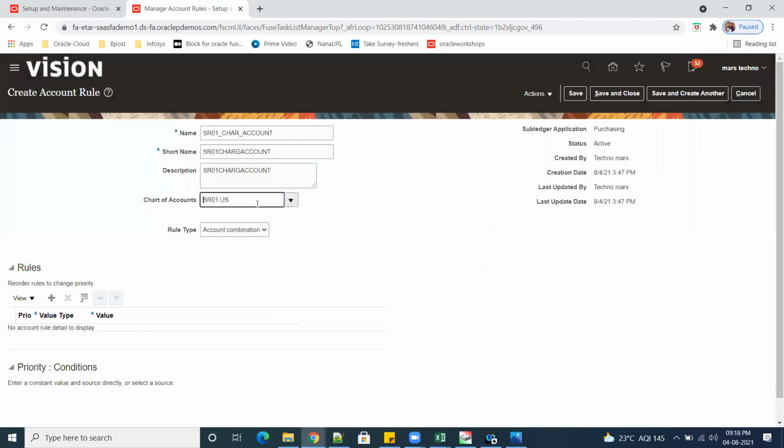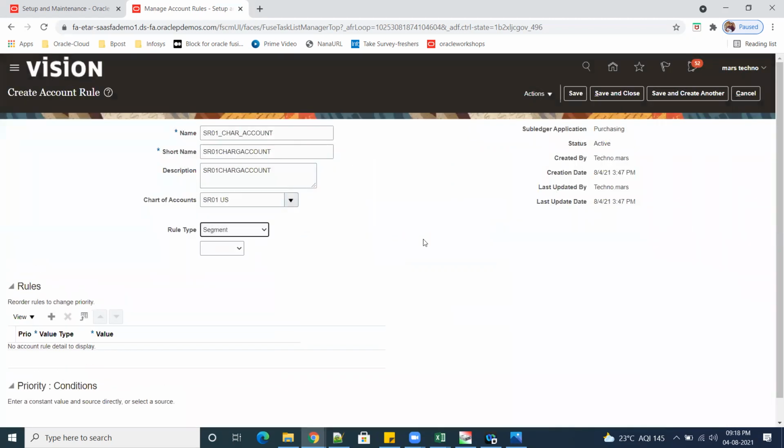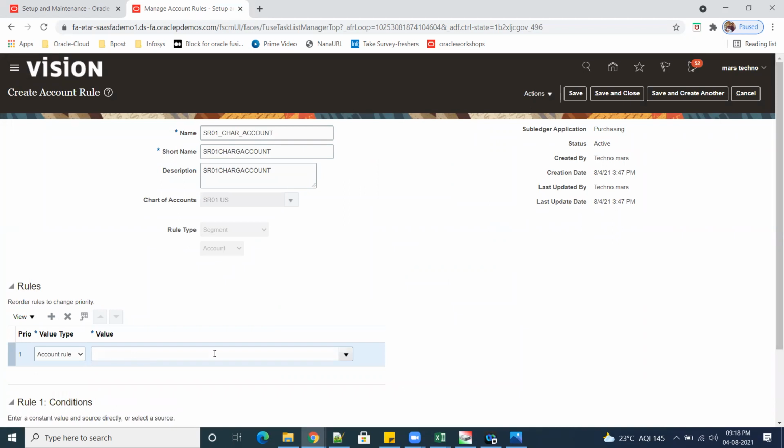Okay. So after that, segment combination, we made the mapping set. So for which account? Then you click on plus. Then you have to map your mapping set. So here these are the various options: accounting rule, constant, formula, mapping set, source.